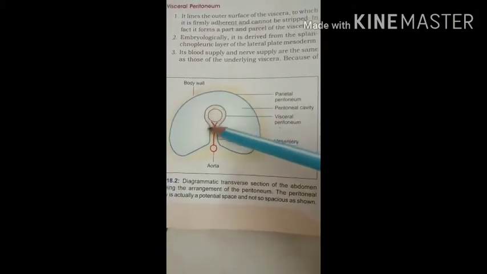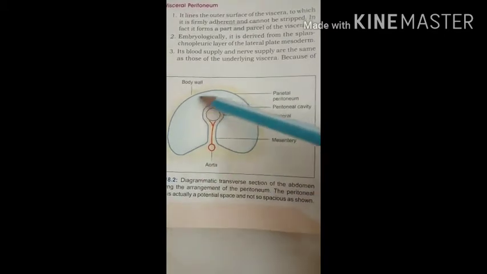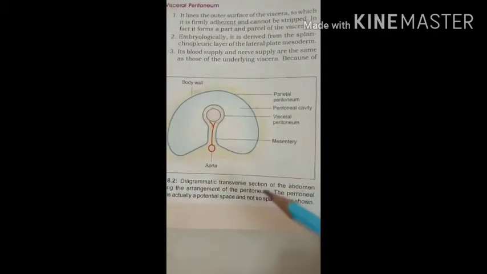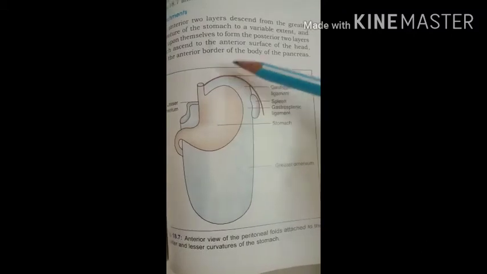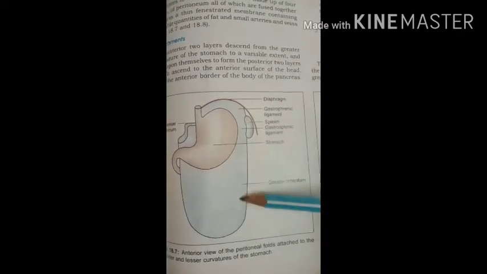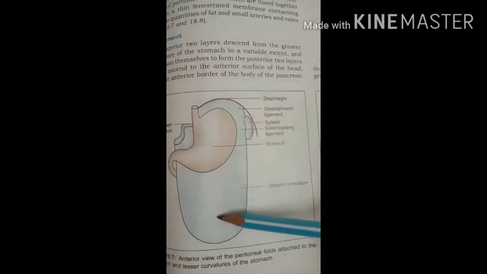So in this way the visceral organ is invaginated by the peritoneal fold. Let's see first the stomach. Here the stomach is totally invaginated by the double fold of the peritoneum, the lesser sac and the greater sac of the peritoneum, and it is attached to the greater curvature of the stomach and forms the extension in this way. So it is called the greater omentum. This greater omentum consists of fatty tissue and lymphatics.